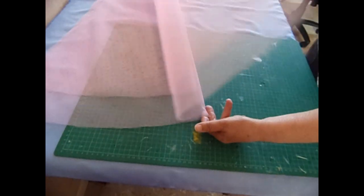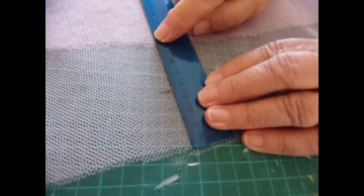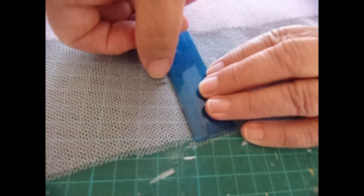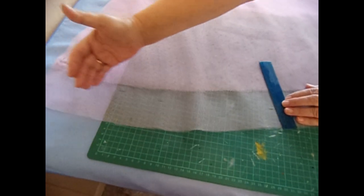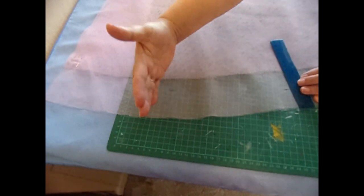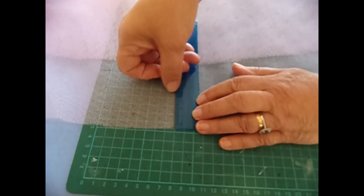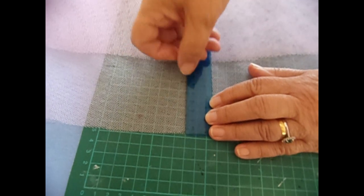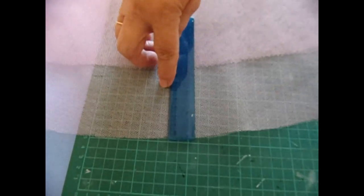I just put my finger there, and what I've done is I've taken that 7 centimetre measurement and I've halved it to 3.5 and just put a mark there. Now what I'm going to do is find my halfway point between there and the side seam, and I need to halve this measurement again. So roughly about there is halfway. So I'm going to measure that, and it's going to be 3.5 plus almost 2. So I'm going to put another mark there, and then coming around to this side,